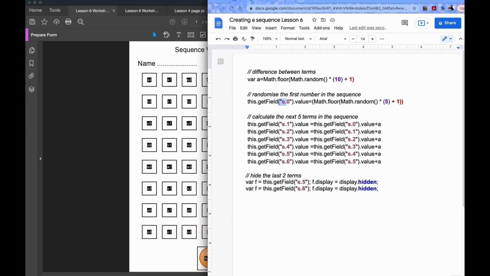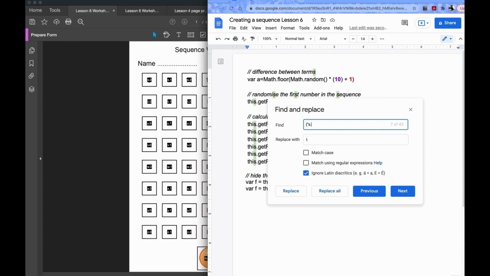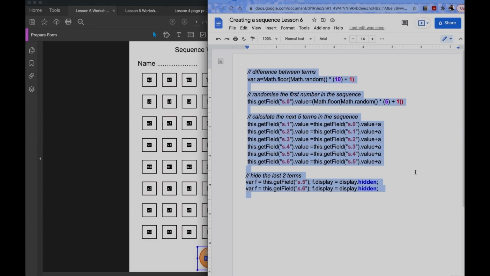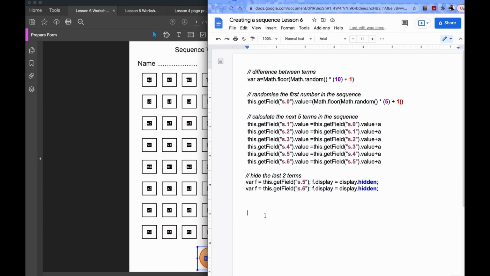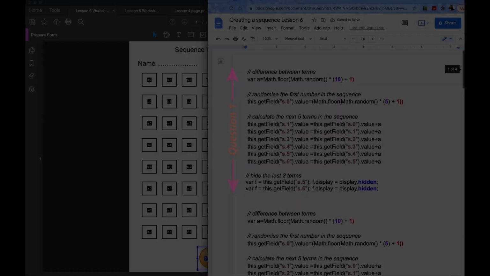And the best way to make sure that it only changes the field name is to add in any symbols or letters or whatever either side of the S. So if I now select that and I go Edit, Find and Replace, it has now only changed the S in the field name. I'm going to copy this 7 more times. I'm going to go back to the beginning